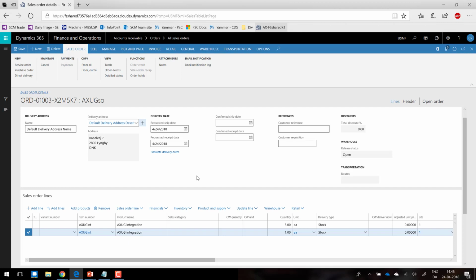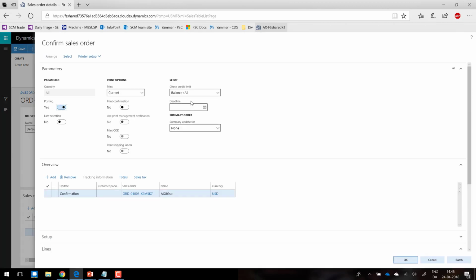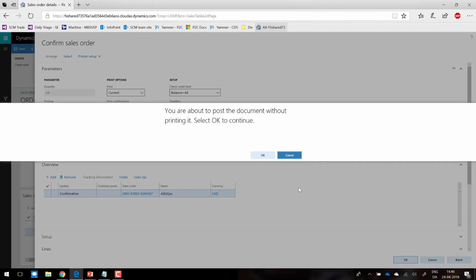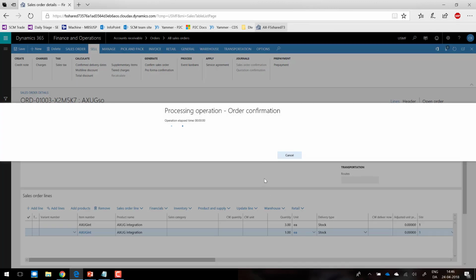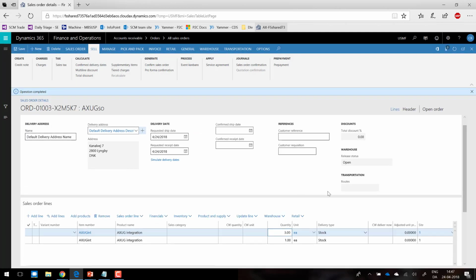So now I'm taking over the sales order in the sales module in finance and operations, and I can go in and say that, well, now I fulfill it and I start to invoice it. So I could also go ahead and save this. I want to confirm it. So now I'm confirming it to the customer. So now I have a confirmed sales order for a customer where we did some updates,